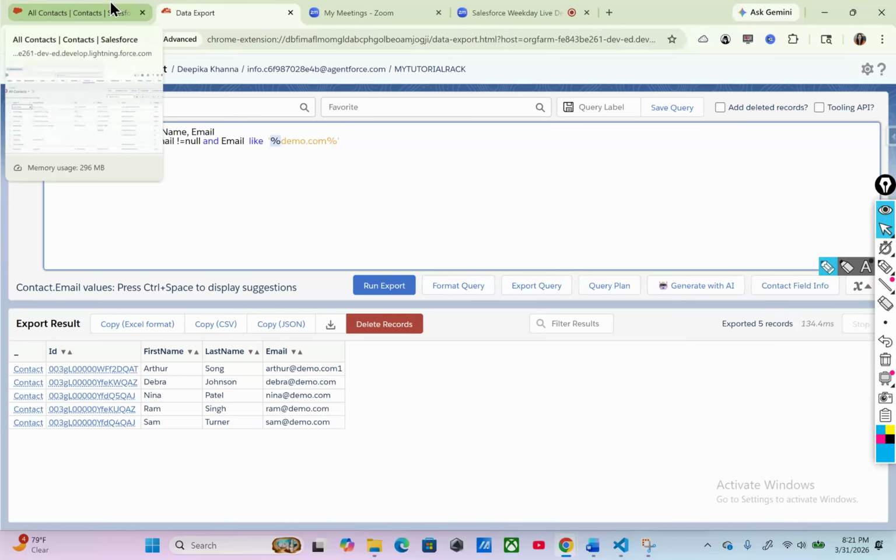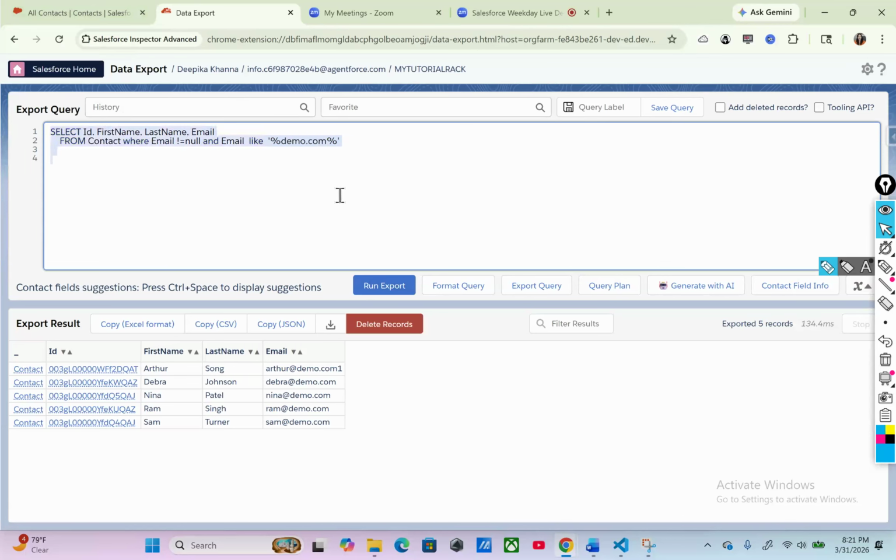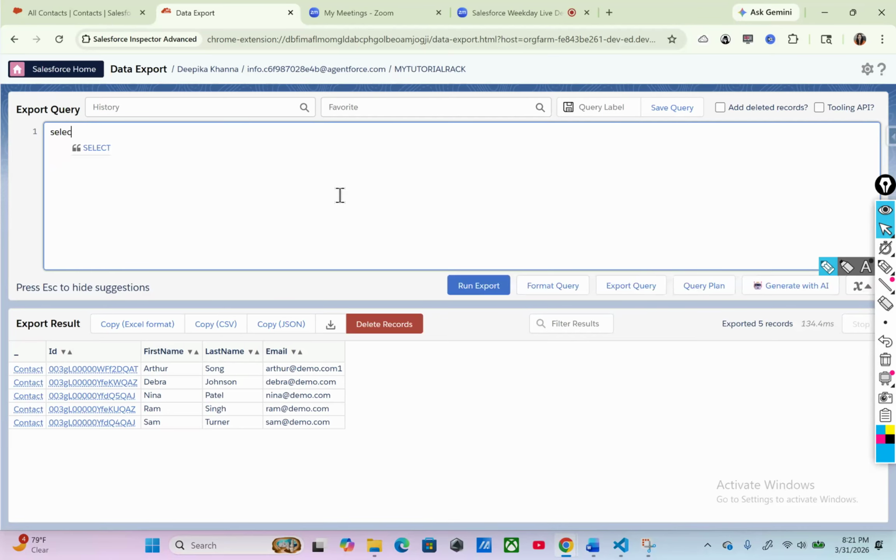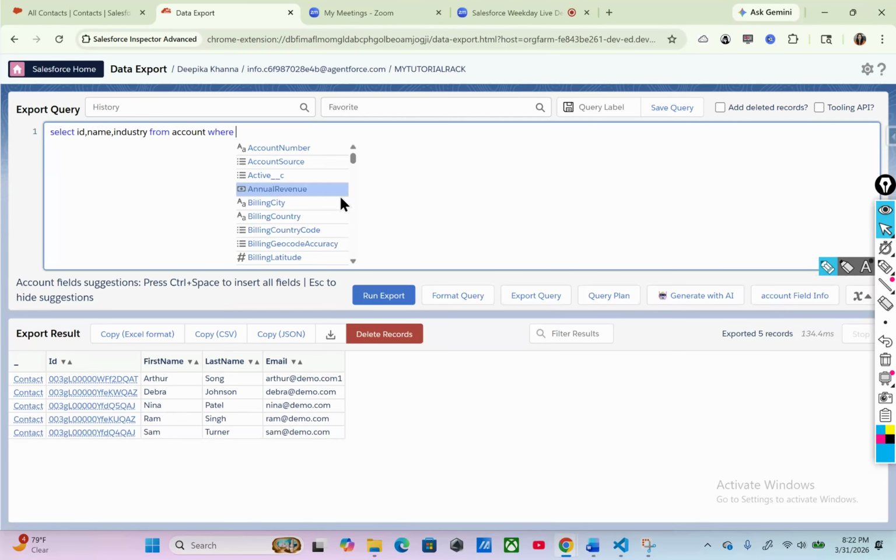Give me all the accounts which have the name like United. What do I need to do in this case? So I'll say select ID, name, industry from account where name,